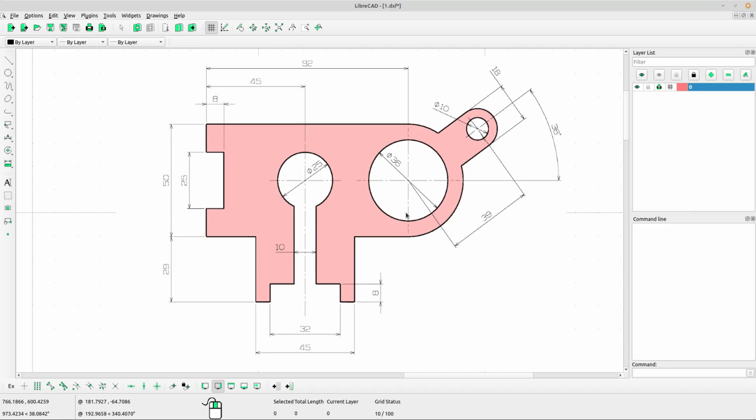Today I'm going to draw a very unique object. I think it is a part of a machine. Okay,